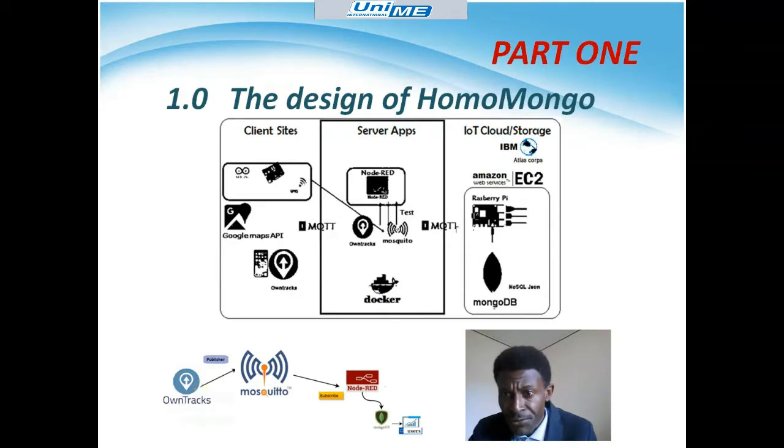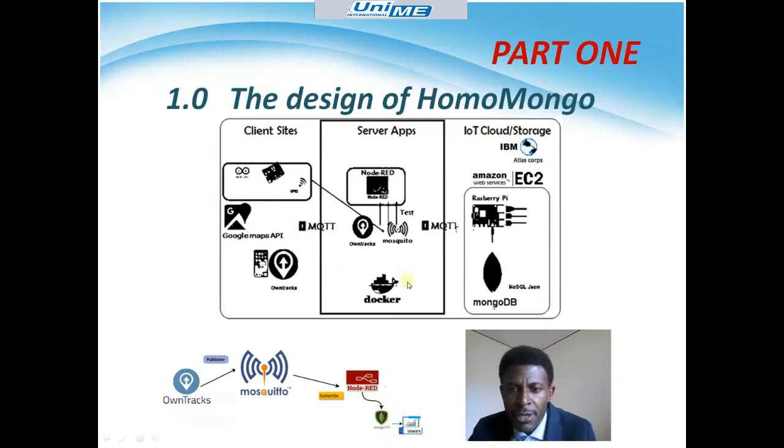The design of HomoMongo is partitioned into three parts for easy understanding. On the client side, you could choose any suitable API of your choice like Google Map API or Owntracks. I settle for Owntracks. The Owntracks API publishes to the OpenSSL Broker server on the internet, and our private MQTT subscribes from it and publishes to Node-RED, where it is encrypted and sent to MongoDB, and the user can now